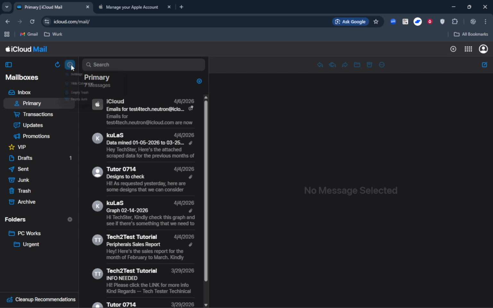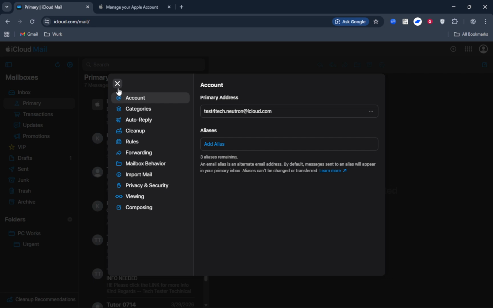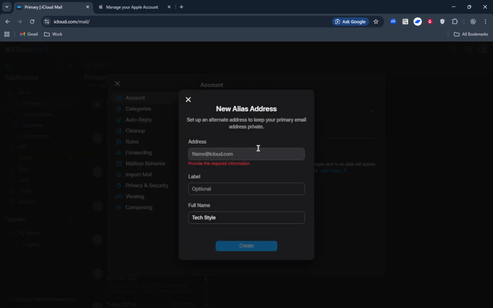To choose the best route, match it to your goal. If you want a new login email, change your Apple ID email on Apple's website. If you want a new iCloud email name for everyday messaging, create an alias in iCloud Mail. And if you truly want a completely fresh identity, consider creating a new Apple ID. That's it. Keep the limitations in mind, verify any new email promptly, and you'll be set up smoothly.